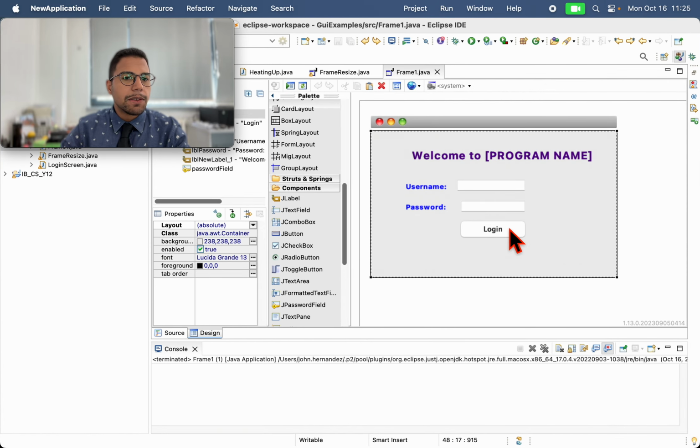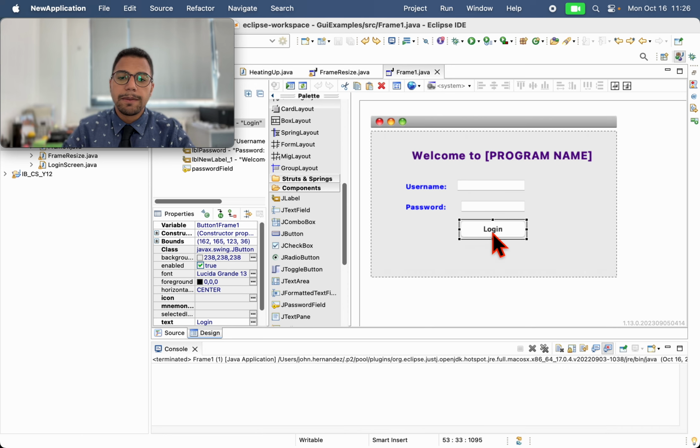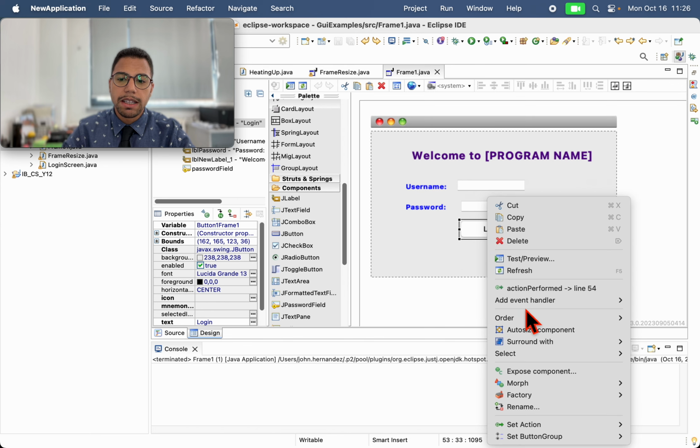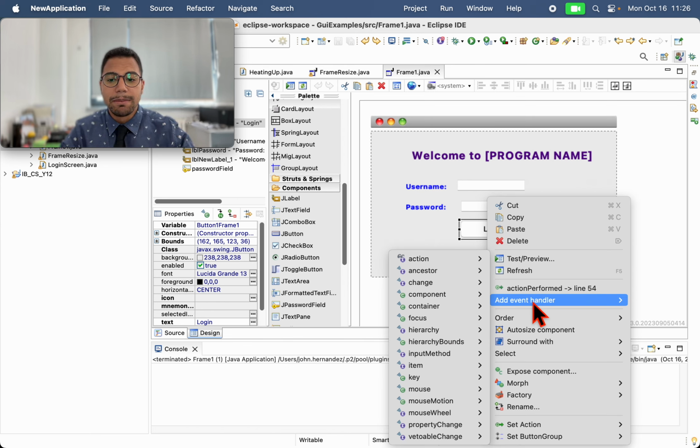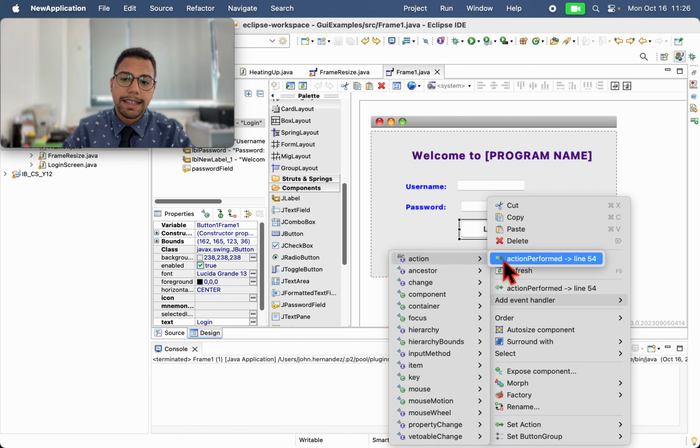Well, instead of creating different classes in the source file and modifying all the code, we are going to use the design part for this. And once we have the button, we can right click and add an event handler, and in this case an action performed. Because I already have one, it told me the line where it is, which is basically what you will do later if you want to add or modify different actions on your